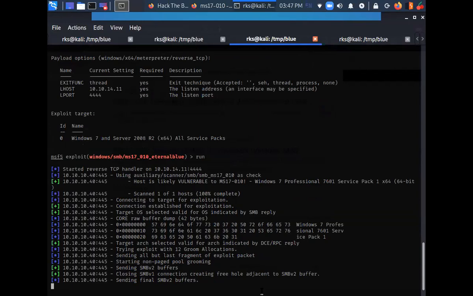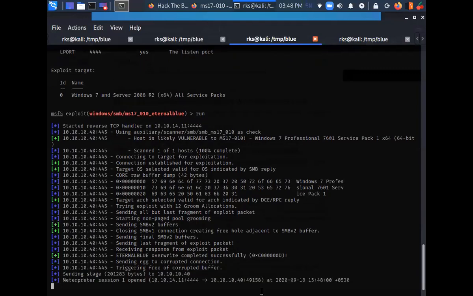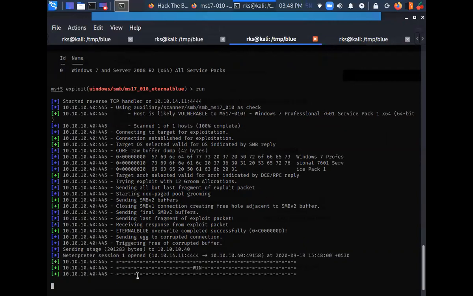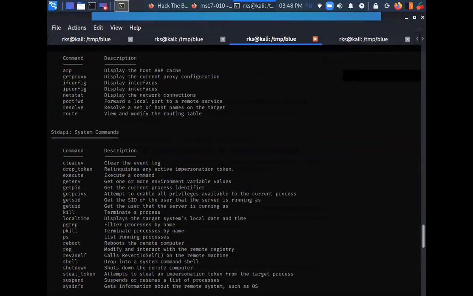Exploit is working. And here I can see Meterpreter session 1 opened. 10.10.14.11:4444. Okay, Meterpreter is here. Let's just type help. I have a shell on the target system, and it's a Meterpreter shell.